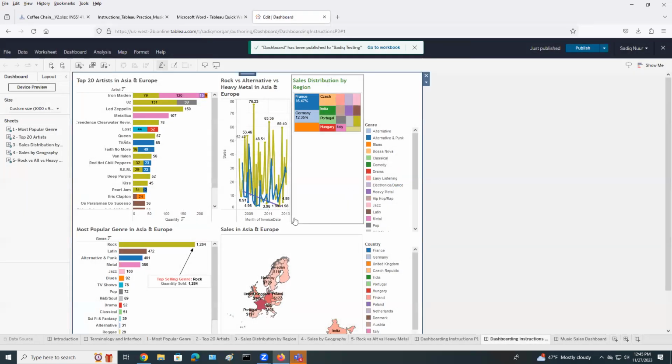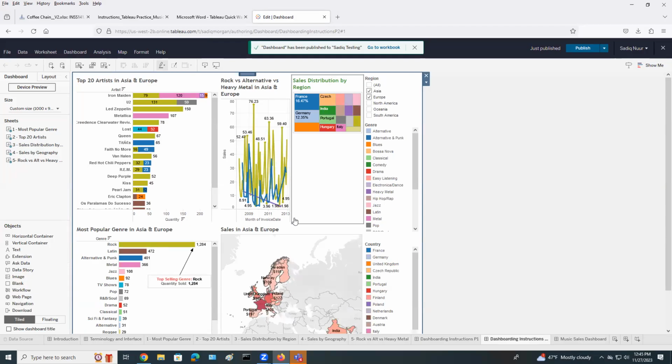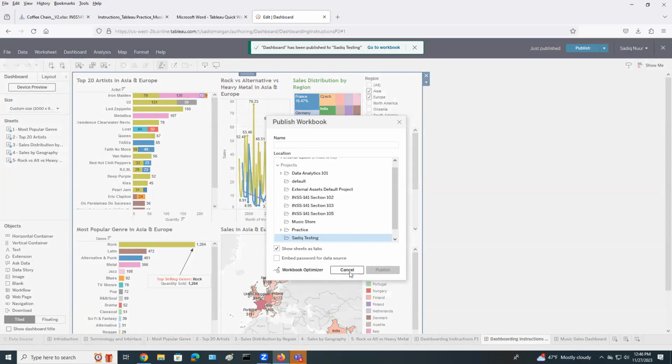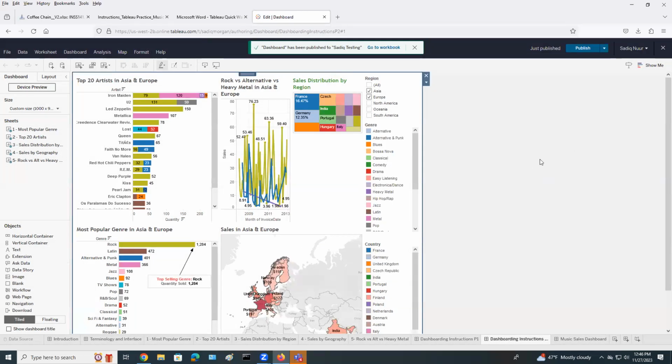So everything is being created using Tableau on the cloud. Now we have to publish this file. So we have to go to the right hand side and hit publish, publish as. Now you have to publish if you want to publish the whole thing. So the other thing we want to do here, so if you go back to the,